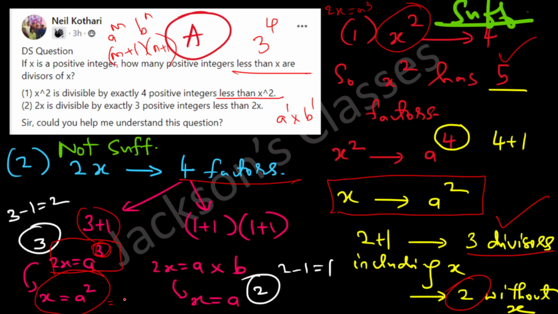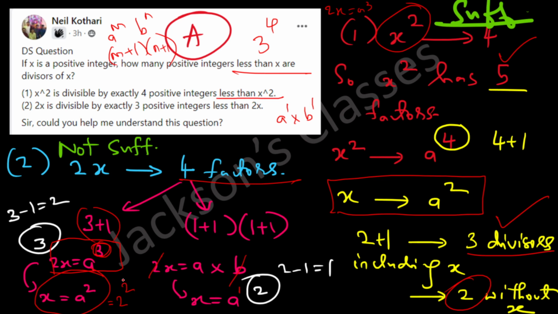So let me write that as 2 squared. Now if I take it as 1 plus 1 into 1 plus 1, I get 2x is equal to a into b. All right, in this case, one among a or b has to be equal to 2, right? Because we are prime factorizing. So a is a prime number, b is a prime number. So 2 is a prime number and x can be another prime number. All right, so one among them has to be equal to 2. Let me take b as 2, so I can cancel that out. So I get x is equal to a, or x is equal to a to the power 1.